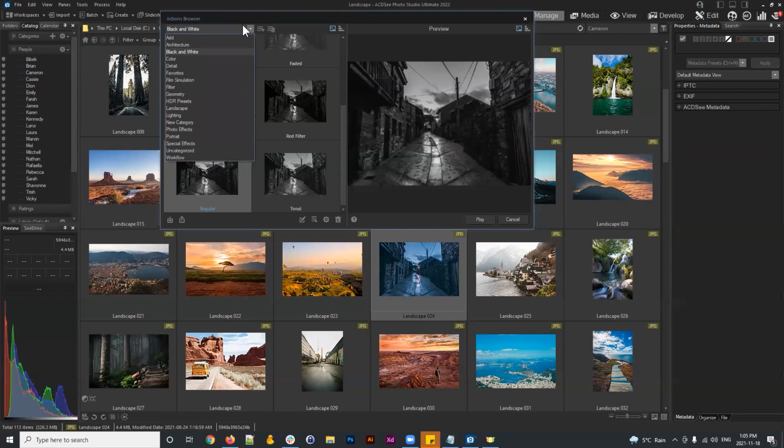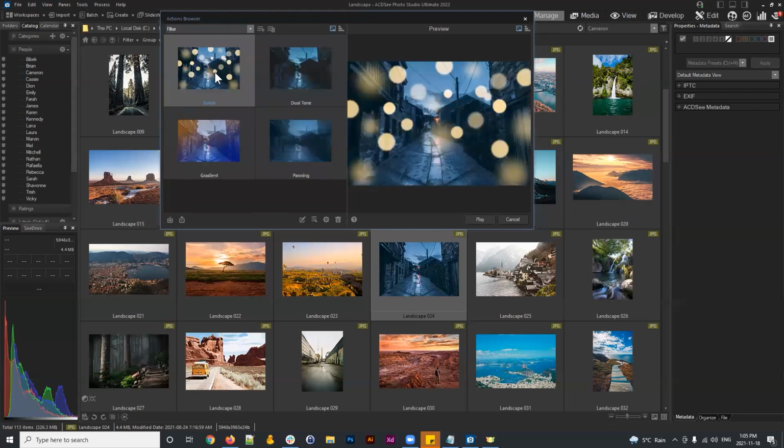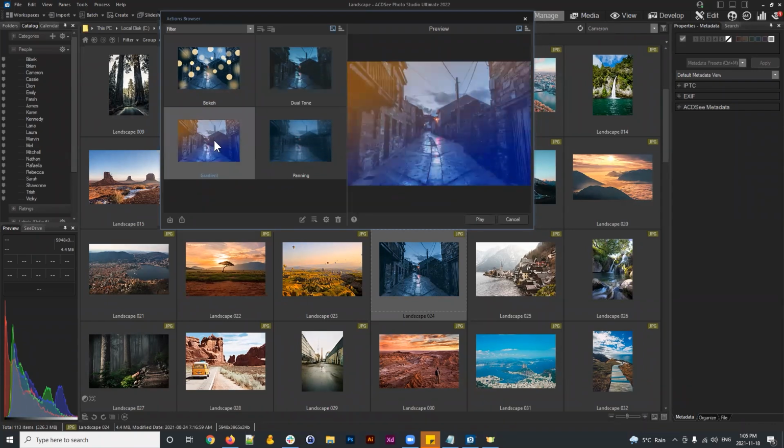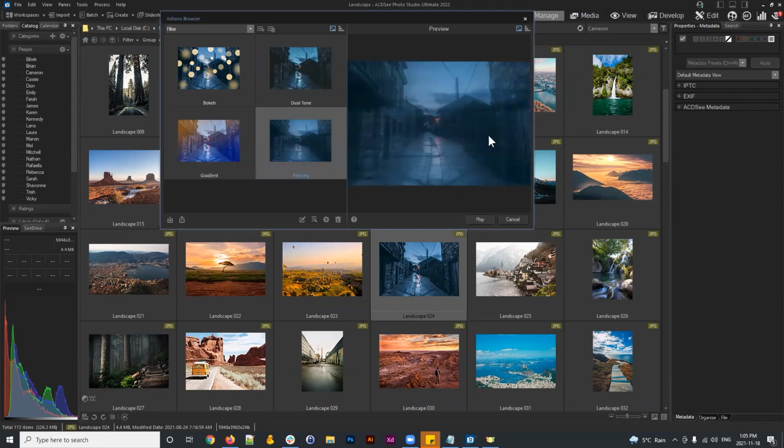Let's go to something different. Let's go to a filter, for example. So there's also a couple examples of true filters under this filter category here. One is a bokeh effect. Those of you that are familiar with a Christmas tree shot or something like that will be familiar with the concept of bokeh. It's when you get these really soft circles around light. There's one called dual tone, which doesn't seem to have any effect on this image particularly. There's a nice sepia style gradient one, and there's also this panning one that gets a very blurry